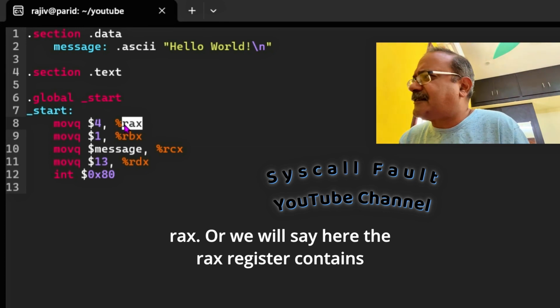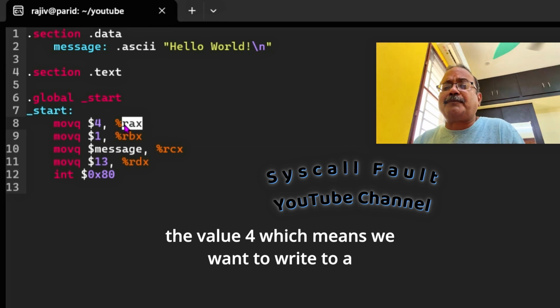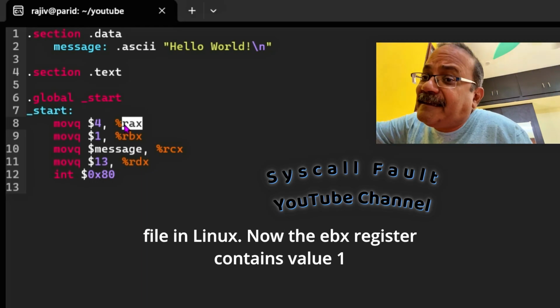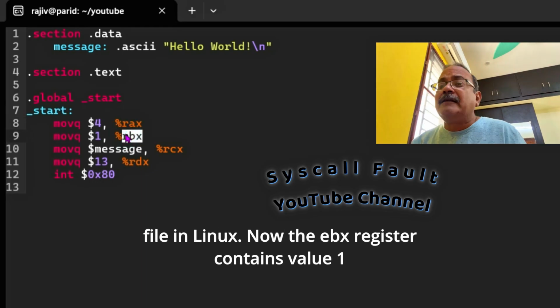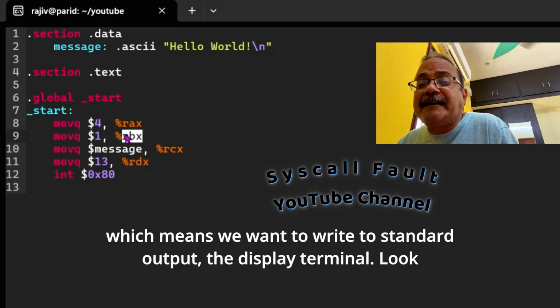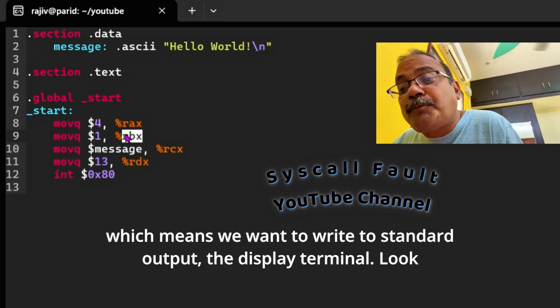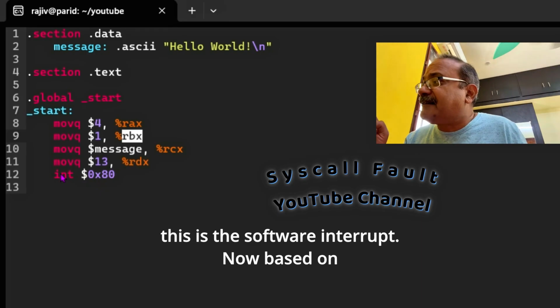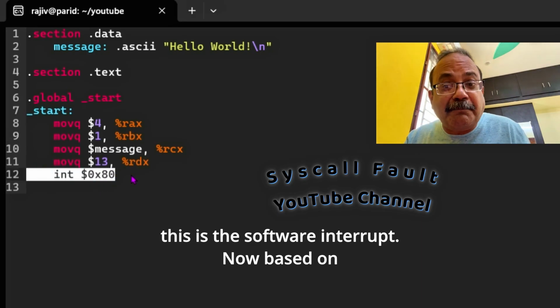Here the EAX register, which is a subset of RAX, or we will say here the RAX register contains the value 4, which means we want to write to a file in Linux. Now the EBX register contains value 1, which means we want to write to standard output, the display terminal. Look, this is the software interrupt.